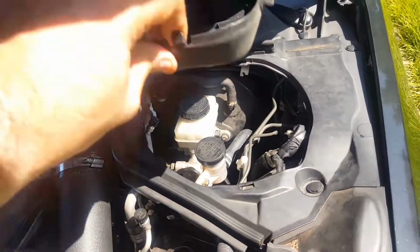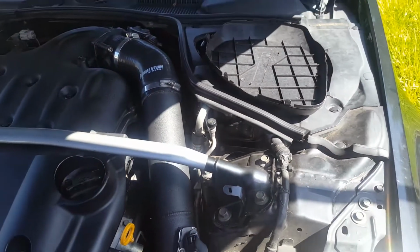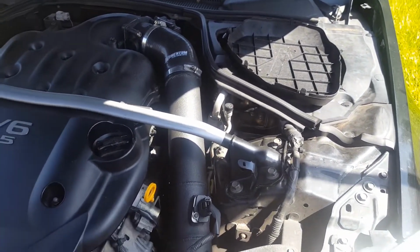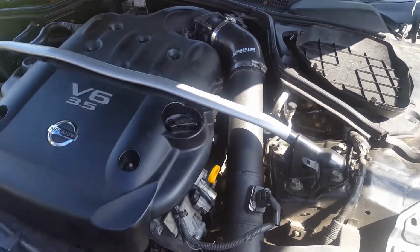So I checked both the high and the low. And those right here, they're not leaking, so the Schrader valves are fine. However, there's no pressure in my AC. So I saw that in the front